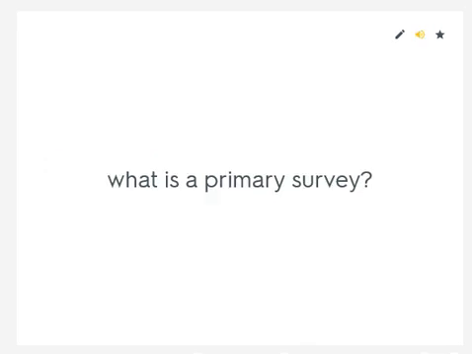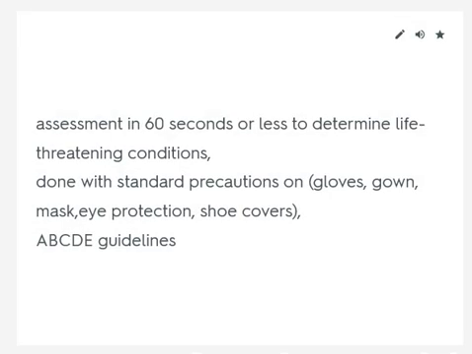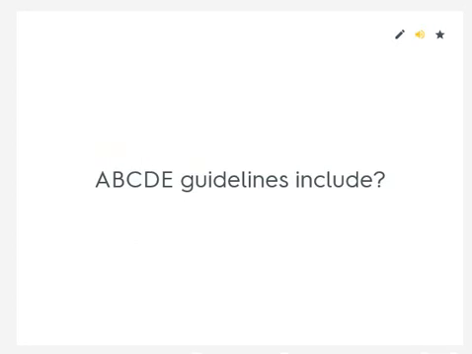What is a primary survey? Assessment in 60 seconds or less to determine life-threatening conditions, done with standard precautions or universal precaution guidelines. The guidelines include